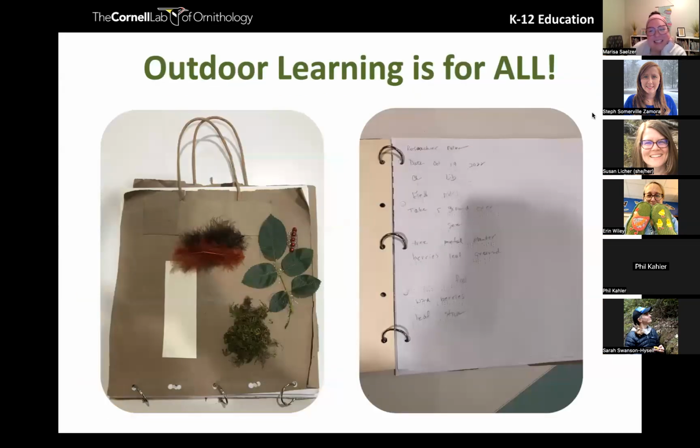Next slide, please. Outdoor learning is for everyone. A perfect segue with the journal is that we have a student at our school that's visually impaired. So his journal is in Braille. His observations are recorded and then brailled, and then tactile pieces are put in his journal. But just any consideration, just like Sarah was saying, about people have different comfort levels outside. Even if kids have fears about things, just knowing your audience and knowing how you can help everyone feel comfortable and have a positive experience outside.